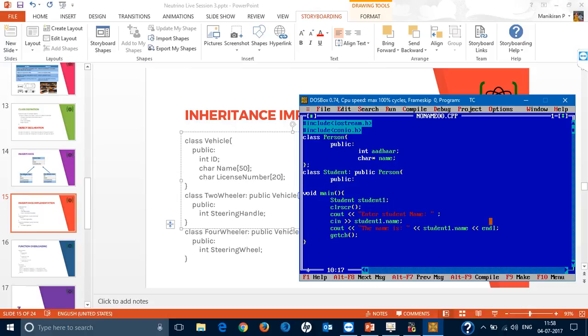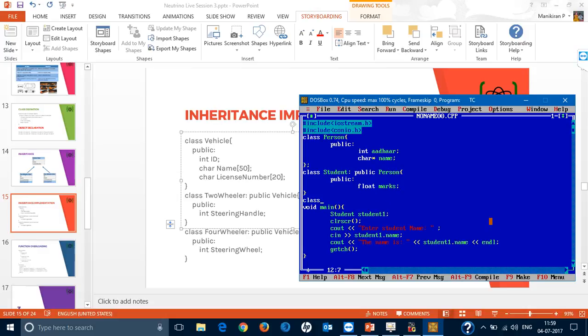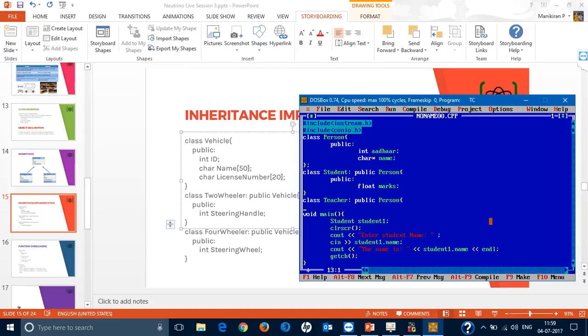And then a student will have, say, what's the difference between student and teacher? Age. Okay, let's say marks, and let's create a class teacher who's inheriting the properties of person, public, float, let's say has salary. Okay, now